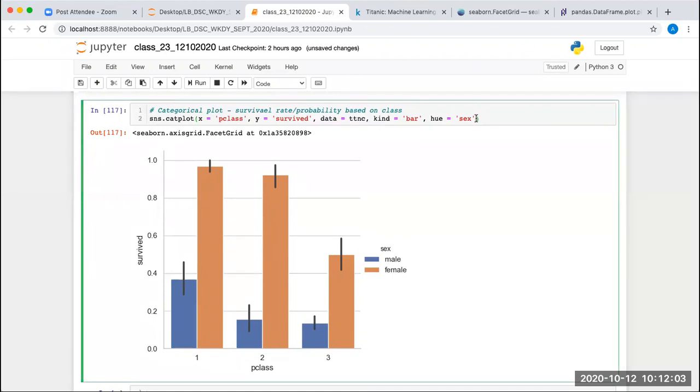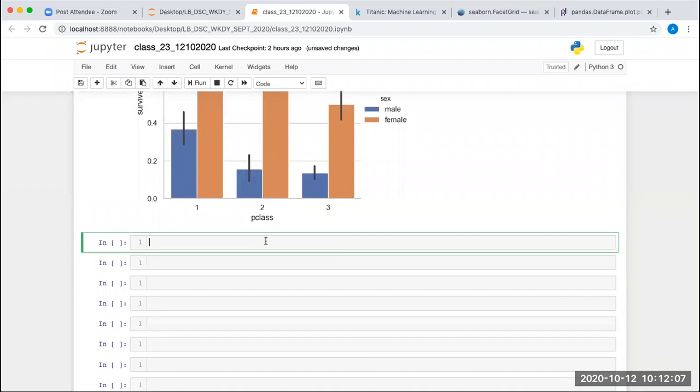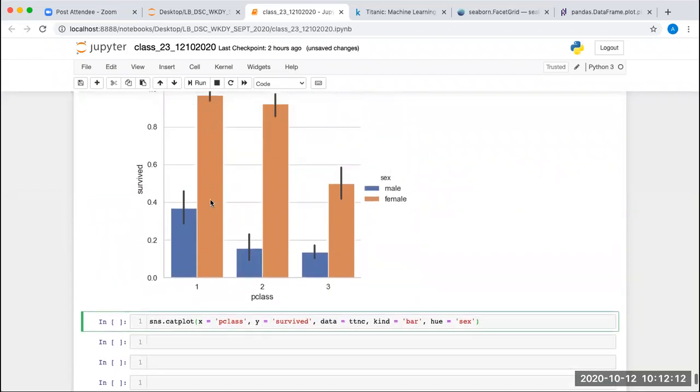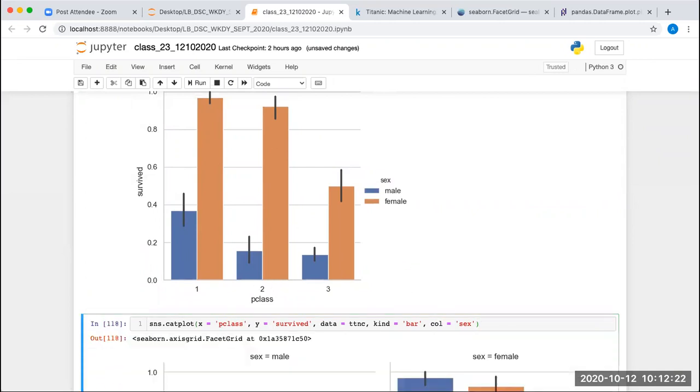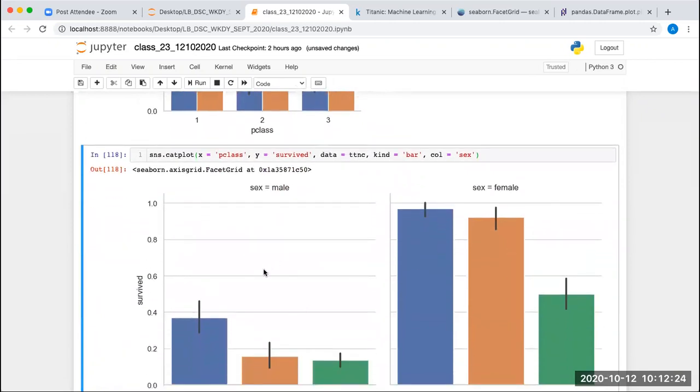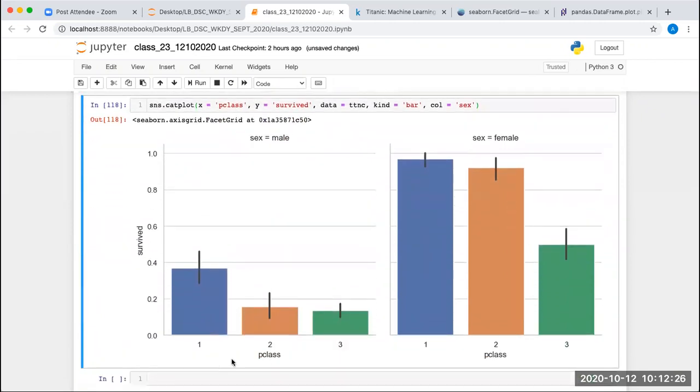Now, if you want these plots separately, let's say I set here column is equal to sex. For male and female you will get two graphs now, with respect to the class and survival rate. If you execute it, this is for male, showing the survival rate in the different classes for the male, and this is showing the survival rate of the different classes for the female.